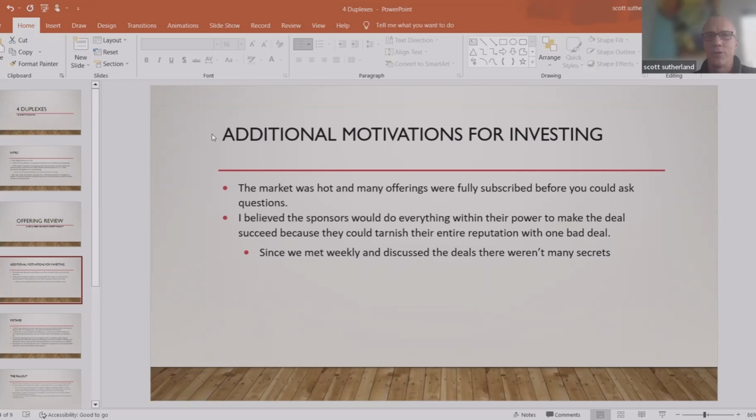And as we all know, we've moved into a buyer's market here recently, but for the last 10 years, it's been pretty crazy. And Austin has been even crazier than the average as far as just the acceleration of the market and the availability of deals. So it's certainly tempting to gloss over some of these warning signs and to move forward on deals that maybe you shouldn't, but there is a sense that you keep passing on deals and you think, I'm never going to get invested in anything, and your money's sitting on the sidelines while you're watching people make money. This is the FOMO that tends to